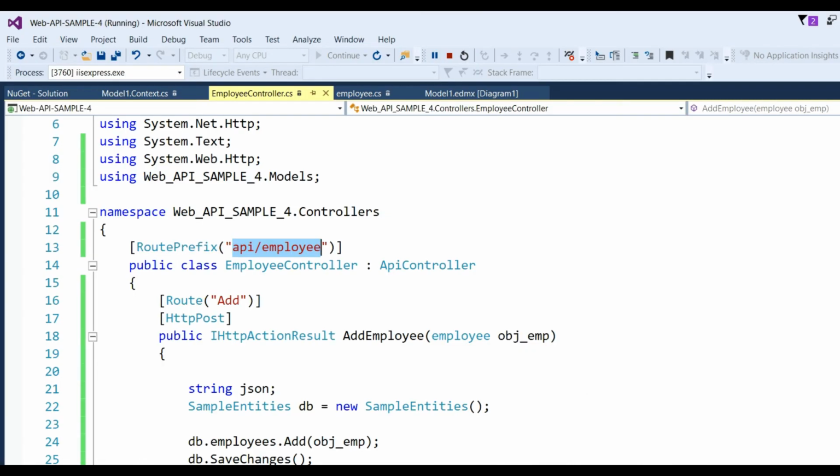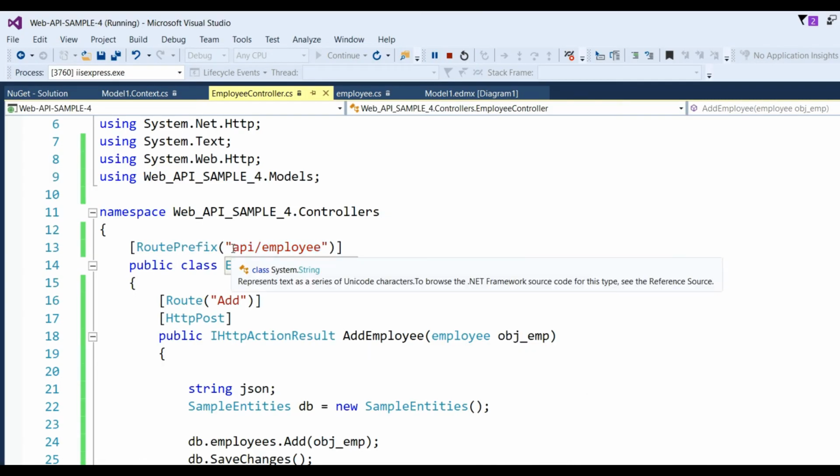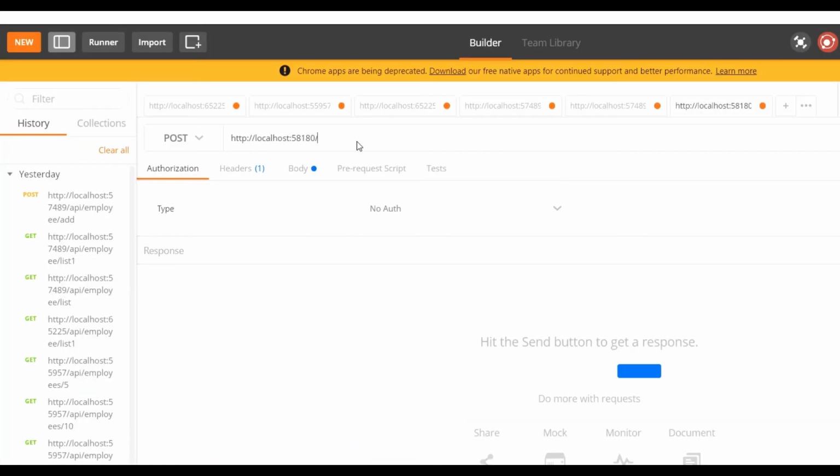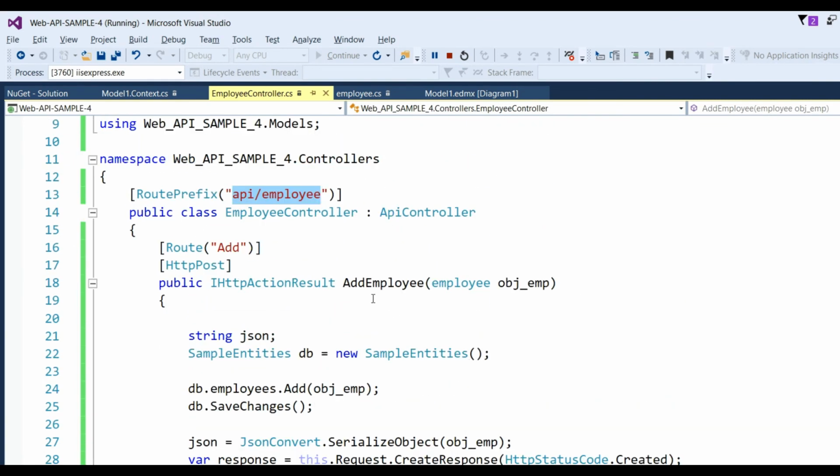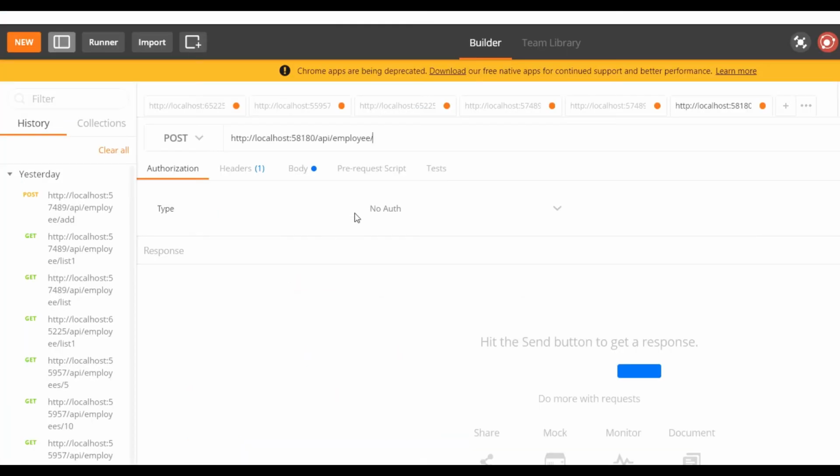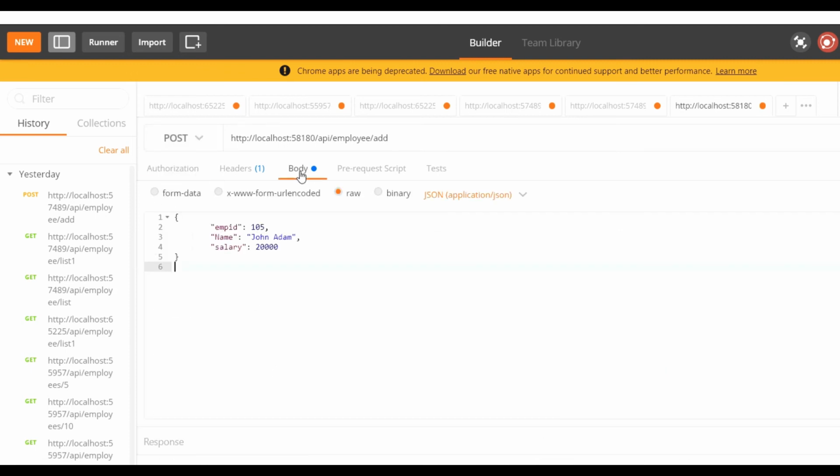On top of the controller I have put a customized URI, so you can take it and put it, and the method name I have added is simply add for adding an employee, so then write add. It is a POST method, so we selected POST, but we also need to pass the data. The data will be passed through the body in raw format, choosing JSON application.